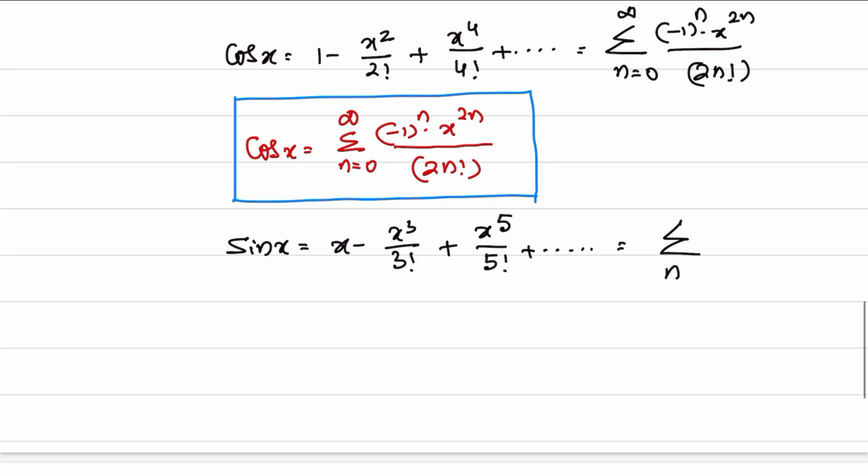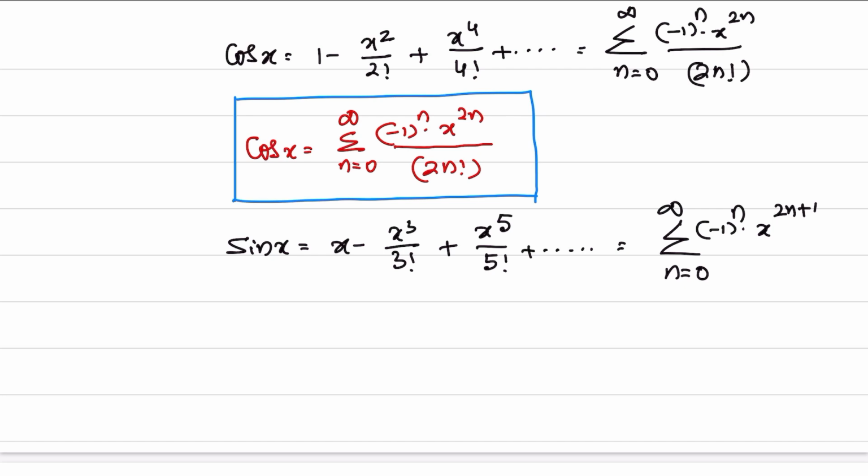Sigma n is equal to 0 to infinity. The series is up to infinity, starts with 0, minus 1 to the power of n into x to the power of 2n plus 1, because x is in odd number. When n is equal to 0, it is x to the power of 1, n is equal to 1, it is x cube, n is equal to 2, it is x to the power of 5,